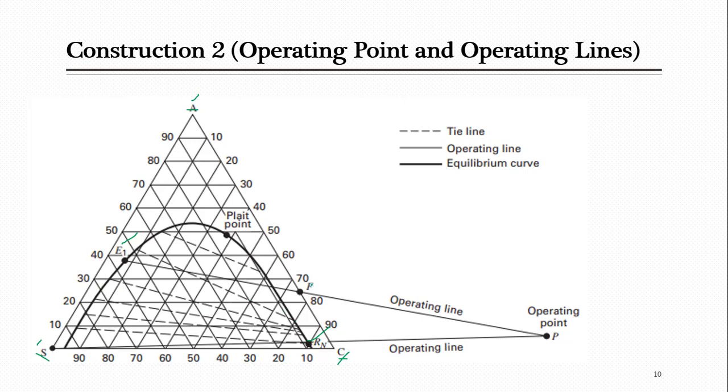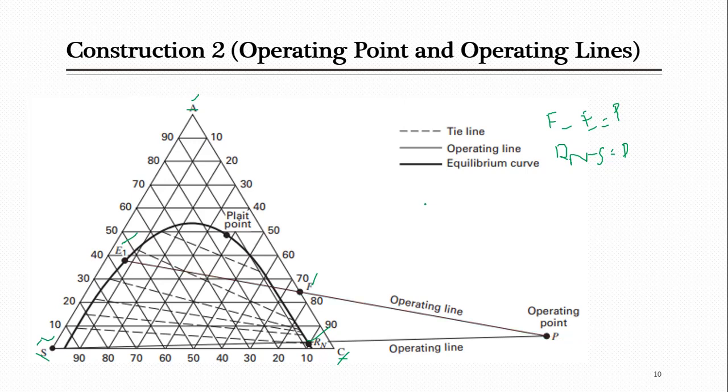You can see here the feed point F is there, the solvent point S is there, E1 is there, and Rn is there. It means we can easily draw those operating lines from which we will get P. As you have seen in the last slide, you should have the F and E1 pair. F minus E1 gives you the difference point P. On the other hand, you remember that you also have Rn minus S, and that will also go to P. So let's look at the F and E1 pair first.